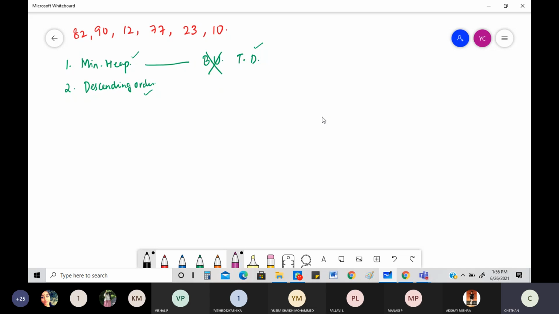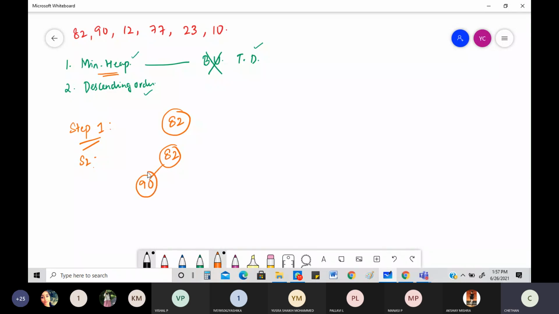Okay, so let me do this. I told you very clearly that I am going to use the top down technique. In the top down technique, what is the first step? You go step 1, step 2 like that, taking each element, and I'm creating a minimum heap here, which you have to keep in mind. So smaller elements should always be on the top. I'll take 82. Nothing is going to happen. First step. Then step 2, so I'm going to write S2 like this, which basically means step 2. Now I'm going to take 90. So 82, 90. What am I trying to do? I'm trying to make a minimum heap.